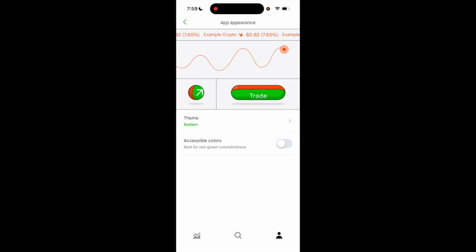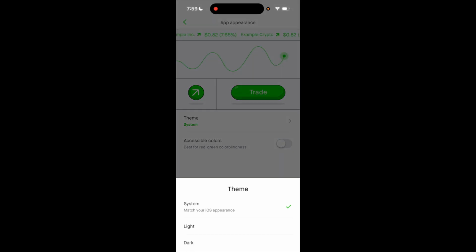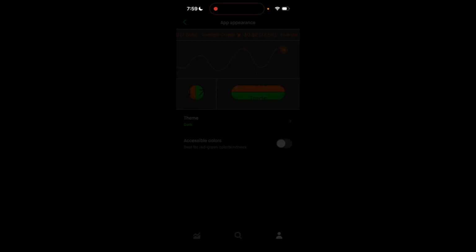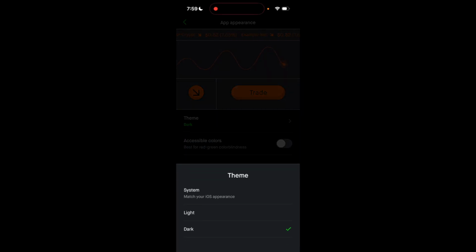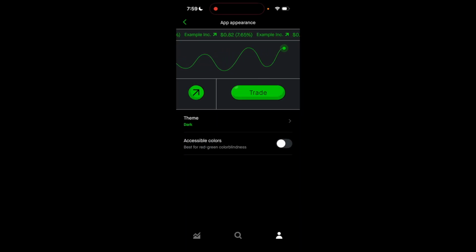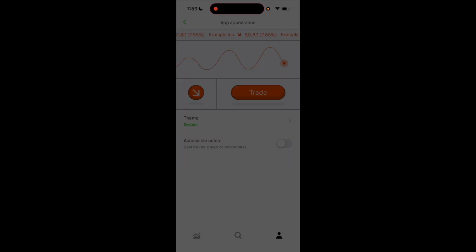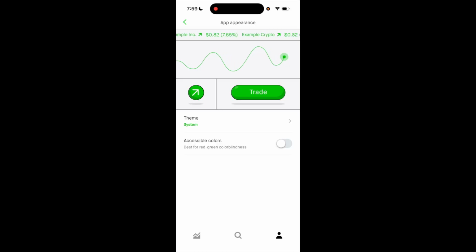So if you want to change the colors to more accessible colors because of color blindness or whatever, you can make sure that that is selected right there and it'll go ahead and adjust. You can also change the system theme right here by changing it to like light mode or dark mode. Whatever the case may be, you can go ahead and kind of play around with it that way if you want. You can then change it back, do what you got to do, and you can basically adjust the appearance this way. So pretty simple, pretty